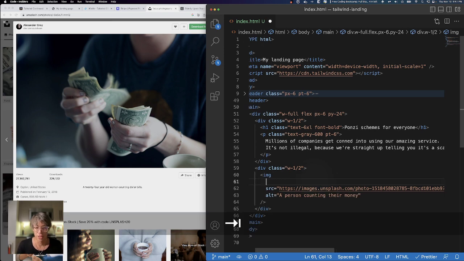So I'm going to say a person counting their money. And then let's also give it a width. So we want this to be pretty big,